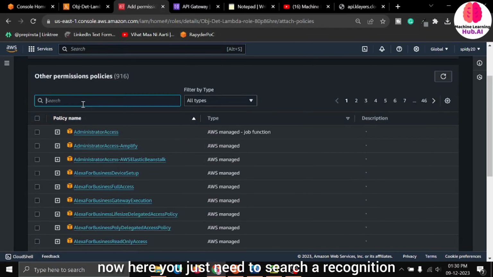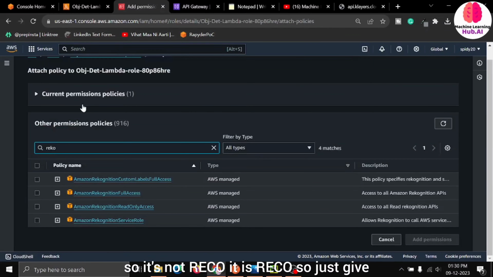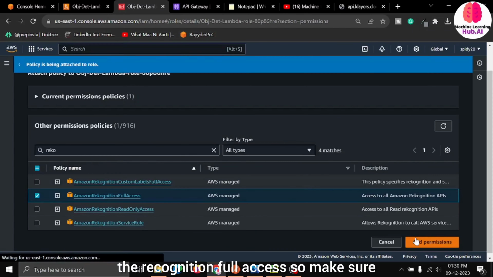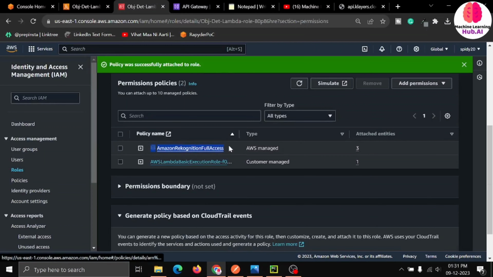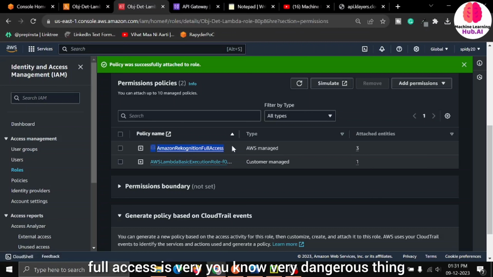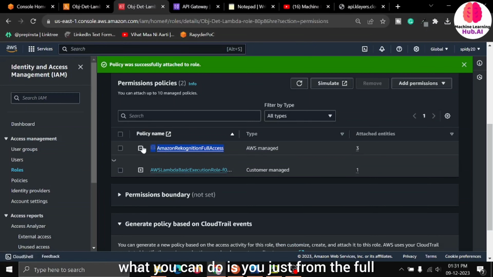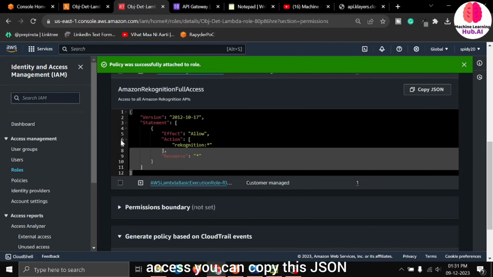Now here you just need to search for Rekognition. It's not R-E-C-O, it is R-E-K-O. So just give the Rekognition full access. Make sure you are not making this mistake, because in a production account giving full access is a very, very dangerous thing. What you can do is copy this JSON from the full access policy and